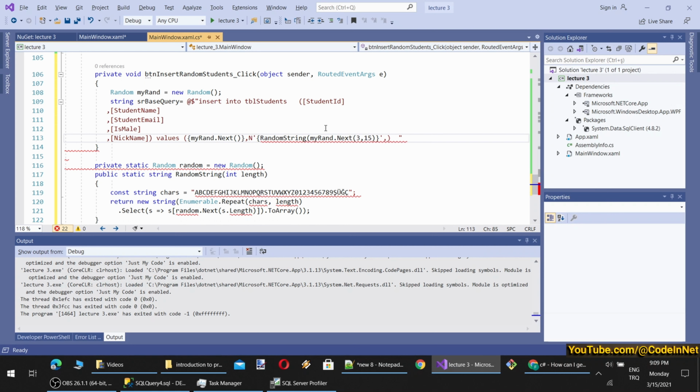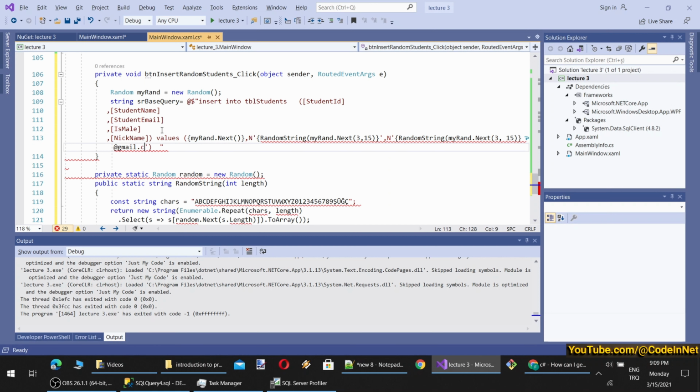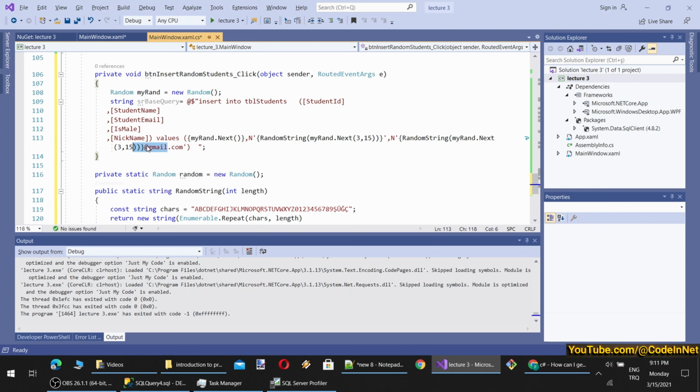And then what else will I provide as values? Student email, same. Let's do it something like this. Okay, let's add Gmail to the end of it. You see, the add character right now is breaking my code. I have a code-breaking thing somewhere. Okay, and here, interesting. What is breaking my code? Yeah, here. I need another parenthesis. Okay, so the add character is not breaking it. And then what else? The next value is ismail.